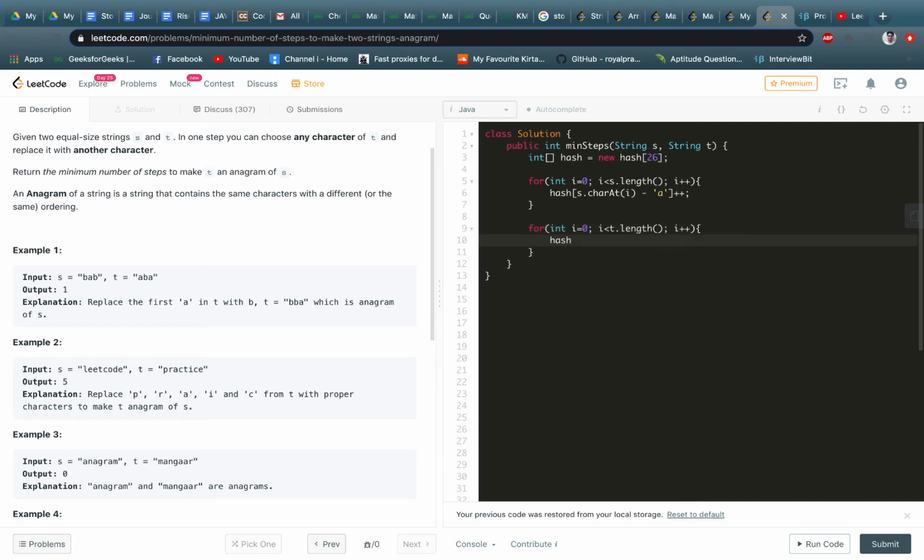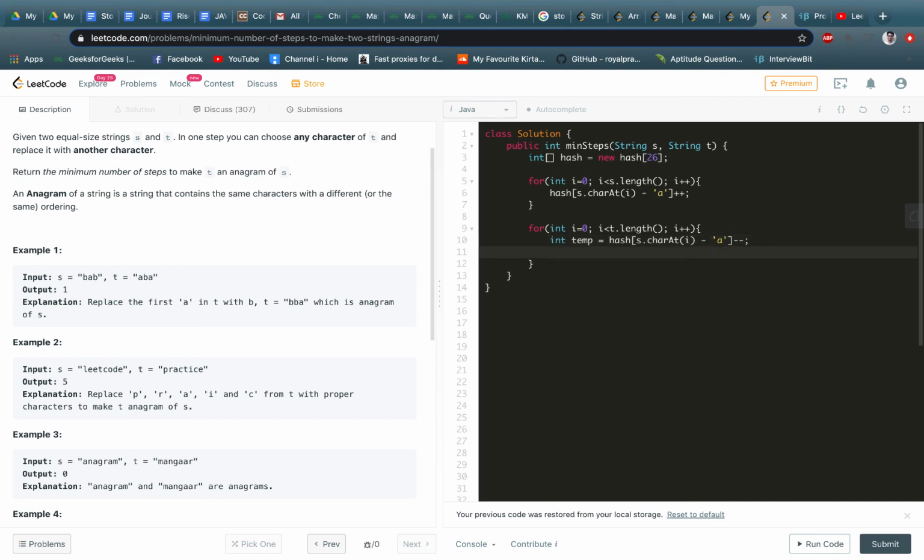Now here, as we encounter a letter, we will decrement this value, right? So let me just store it in temp.